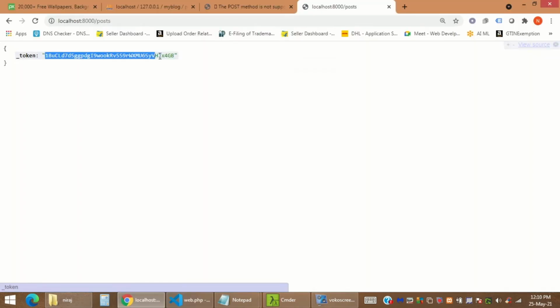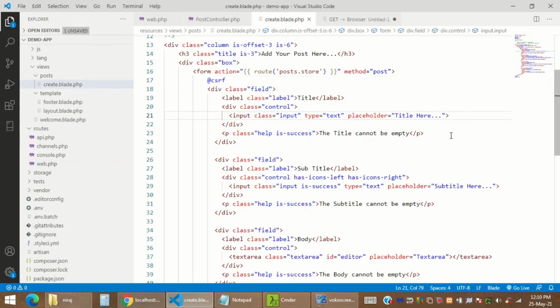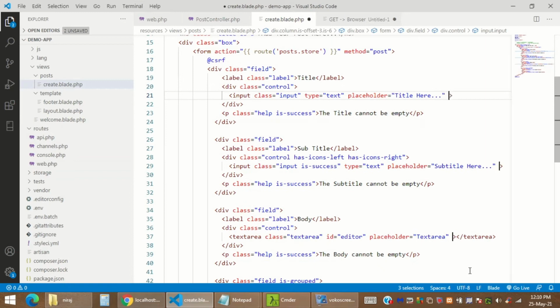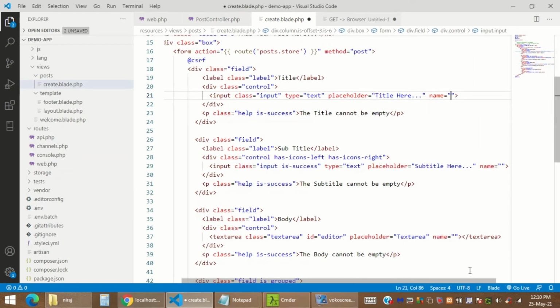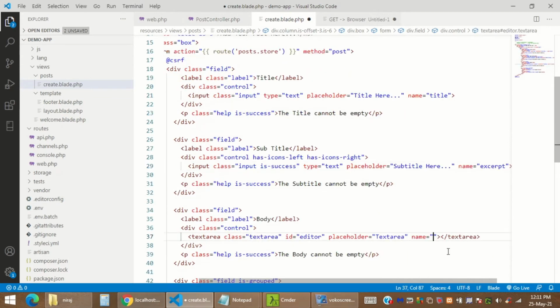But if I write @csrf, you can see the token is now generated, but the other information was not generated. So I'm just going to type input type, name equal to title, name equal to subtitle, and name equal to body in this context.